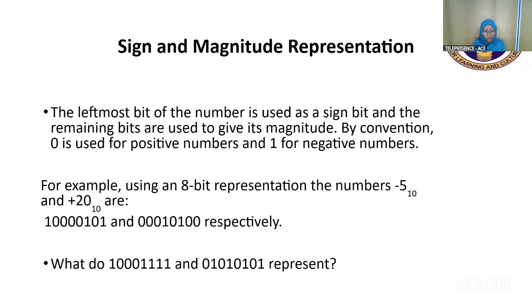By convention, 0 means positive. When the most significant bit is 0, then the number is positive. And when the most significant bit is 1, then the number is negative. So here is an example. We have -5 is represented